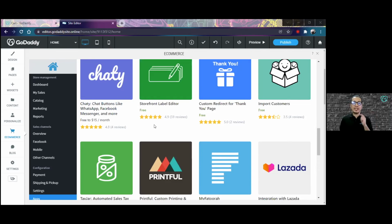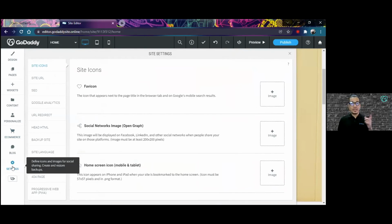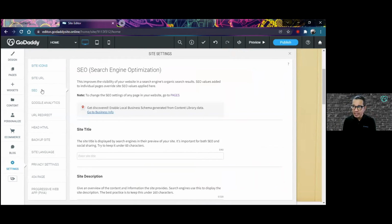And let me close this with one more feature that has something to do with marketing. One of the things that a lot of people do is they find new businesses because of search engines, like Google, for example. The online store is capable of improving your search engine rankings. You can go to the settings and go to the